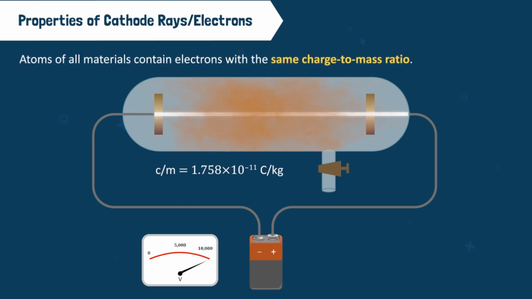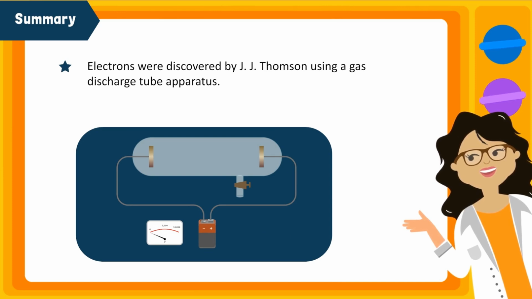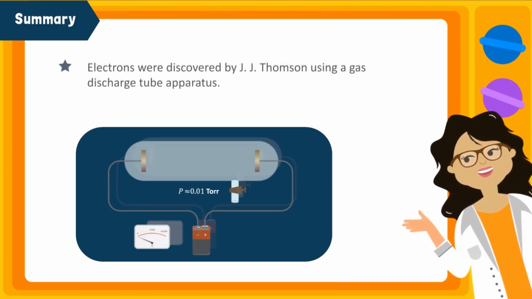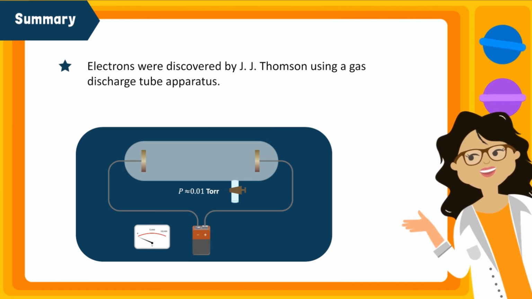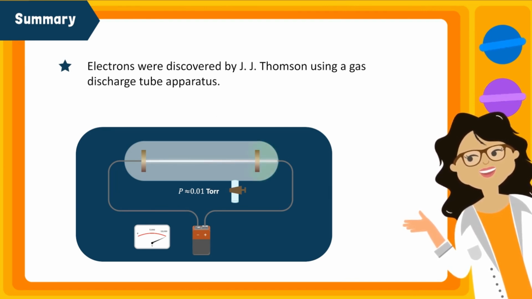To summarize, electrons were discovered by J.J. Thomson using a gas discharge tube apparatus. When the pressure inside the tube was reduced and a high voltage was applied across the electrodes, shiny beams were emitted from the cathode, which traveled towards the anode. These beams were negatively charged,